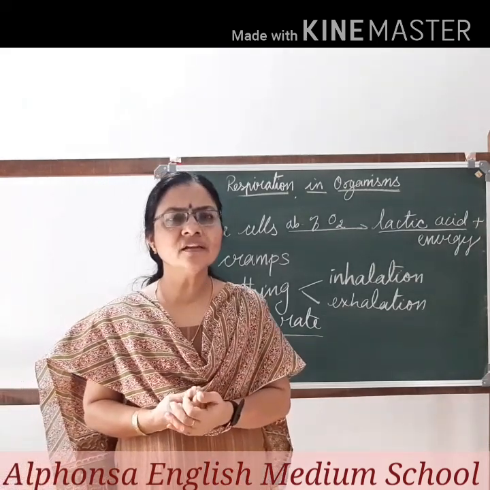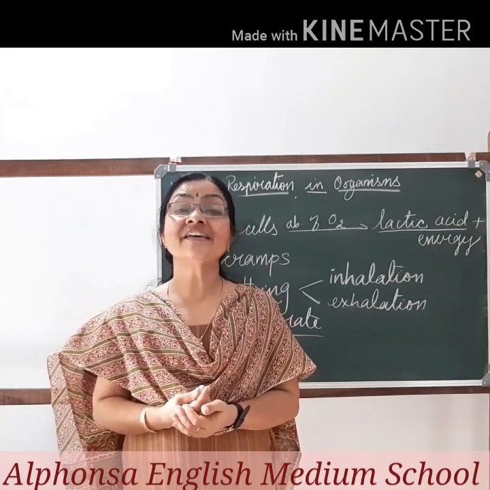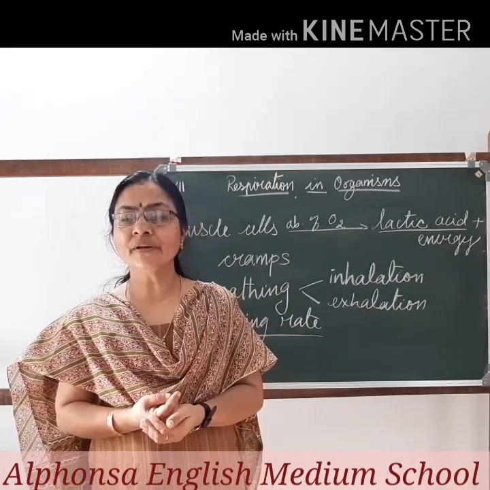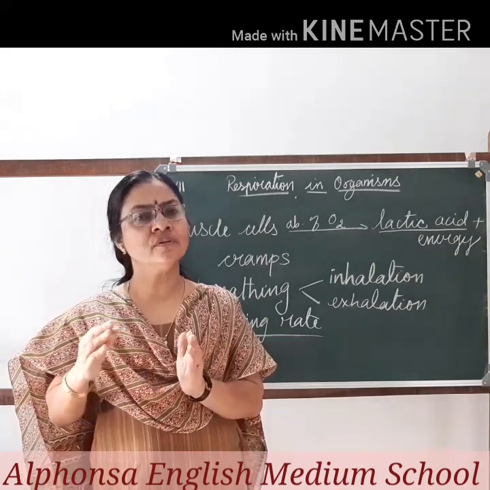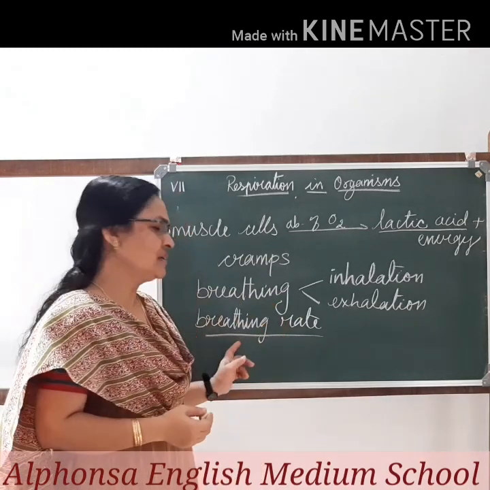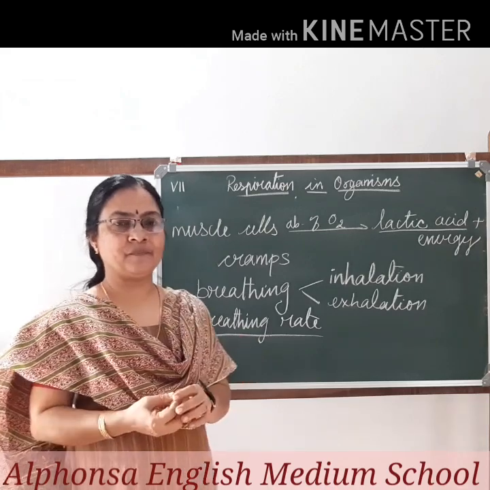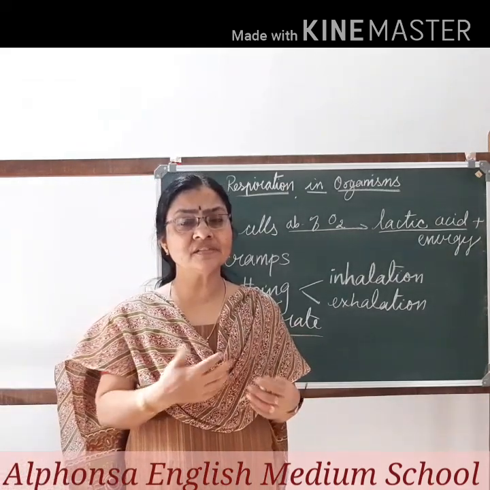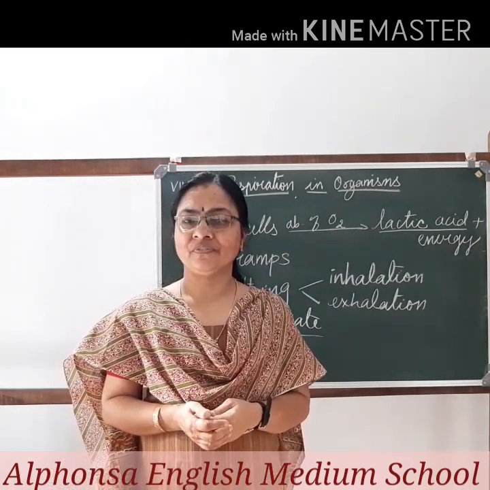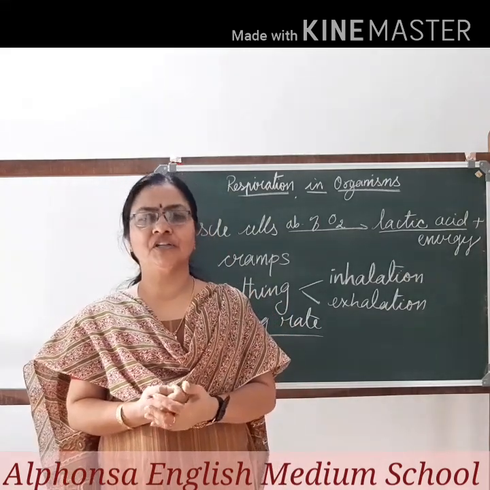How many times do you breathe in a minute? Yes, 17 to 18 times. Clear? So we breathe almost 15 to 18 times per minute. So that is called as breathing rate. Understood? Next. Which system in our body helps in this process? Yes, respiratory system. We shall now learn the structure of the respiratory system and the function with the help of